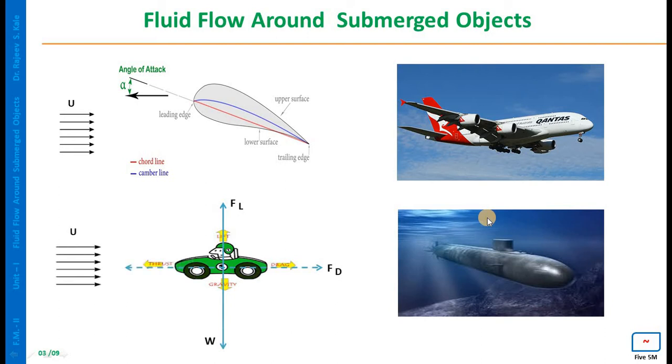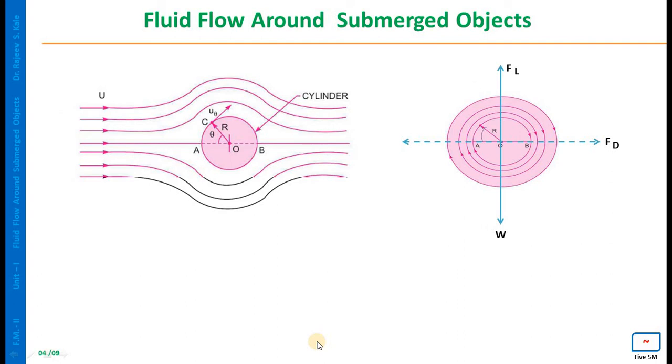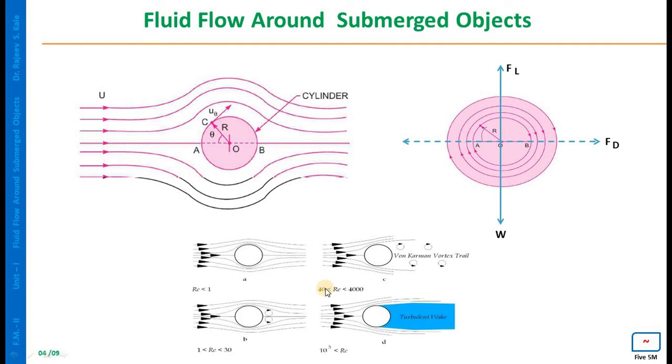Then to design the aerodynamic shape of cars, you can understand the lift and drag forces acting on the cars, how to work out the thrust to overcome the required drag. Then rotating cylinder, we have to understand the effects of lift and drag forces. Then Magnus effect in case of rotating cylinder. Kármán vortex trail, we have to understand the wake formation.